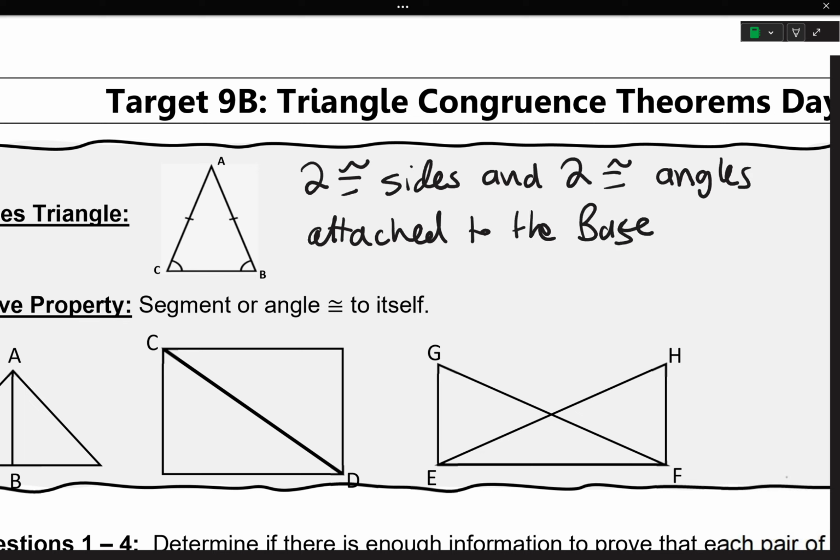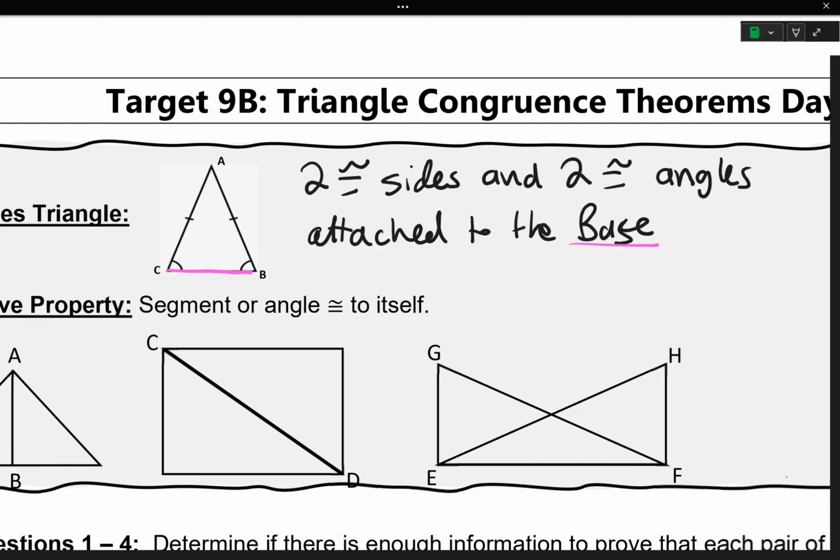Let's say this is the base here. CB has two angles attached to it with the same measurements. They're congruent, as you can see with that one arch, and two sides that are marked with ticks that are